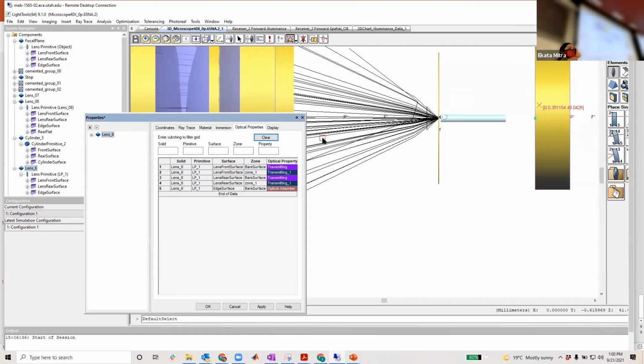Here, here, here, and here. So 6 surfaces were there, and you can change their optical properties. You can set one side as an absorber, one side as a transmitter, or one side as a total reflecting one. You can change it.